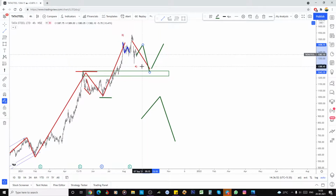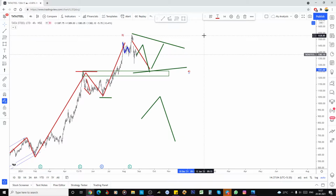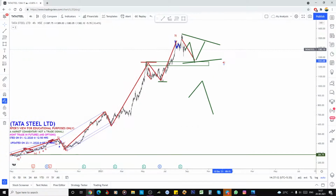Otherwise, it can be a bigger triangle also. So ABC, 1, 2, 3, 4, 5. After that, the 5 means it's an A, B, C, D, E, and later onwards it can shoot also. So I finished the Tata Steel sector, and next is MGL, Mahanagar Gas Limited,